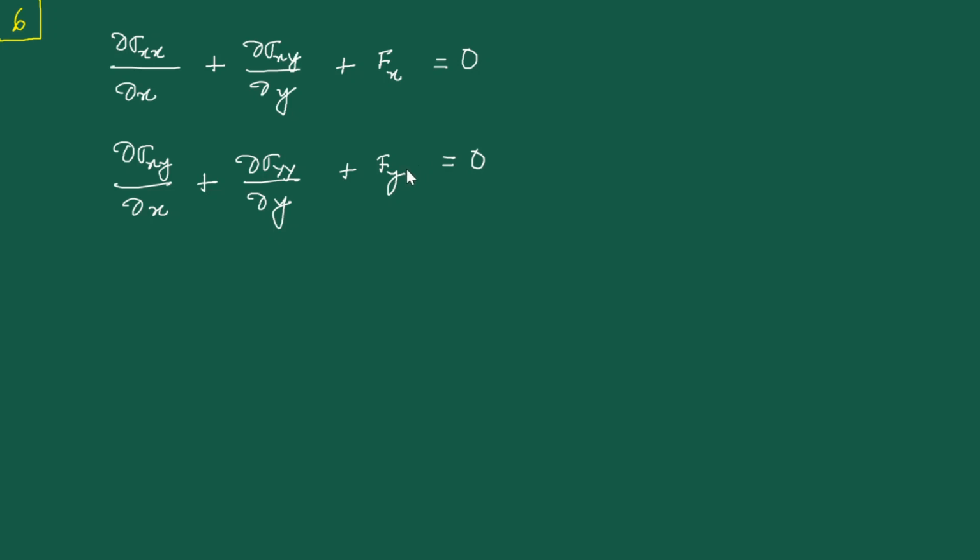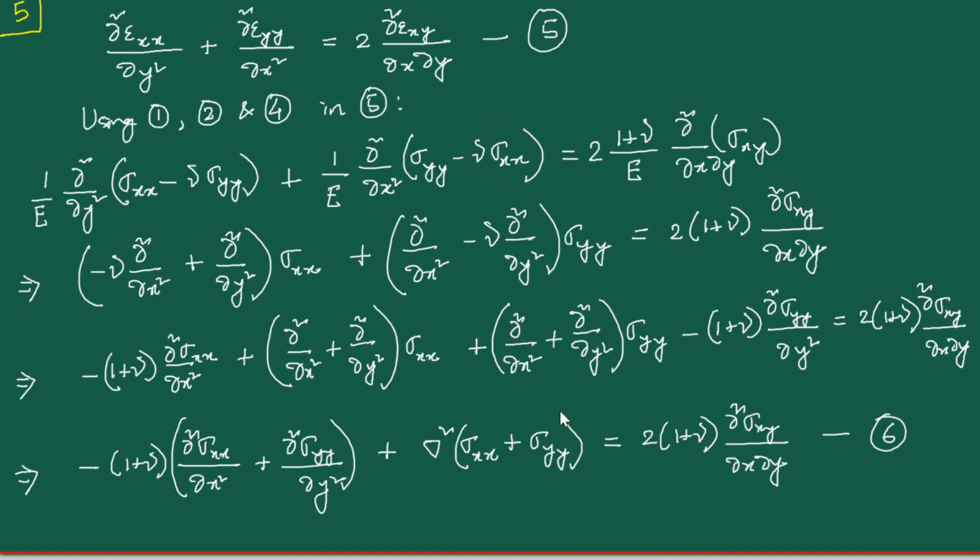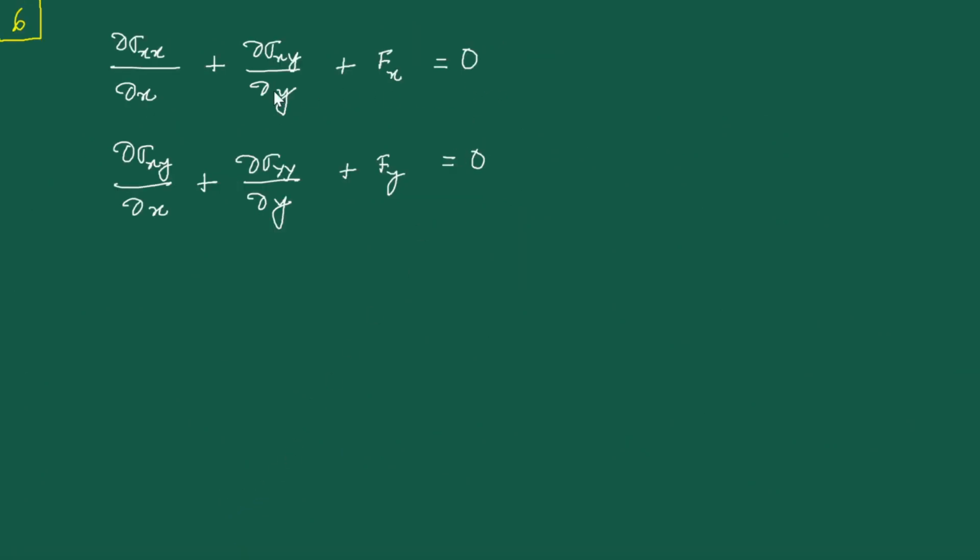All right. So what we do here is a little trick motivated by what we have in equation number 6. You see, in equation number 6, we have these terms involving the second derivative of sigma xx with respect to x. So motivated by that, what we'll do is differentiate the first of these equations with respect to x. That will give us del square sigma xx del x square, very nicely. So perhaps we can utilize this in equation number 6, and as we'll see,